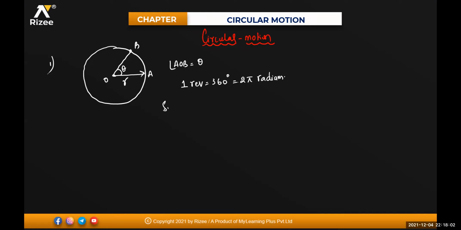And small angles are vectors. That means we can add them vectorially. Next one is